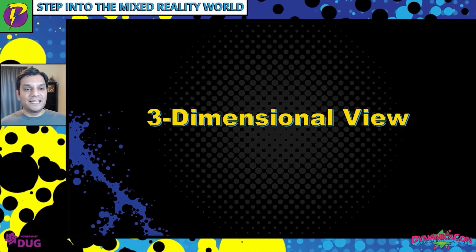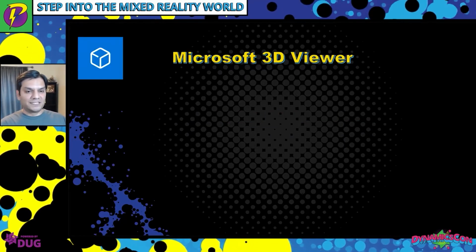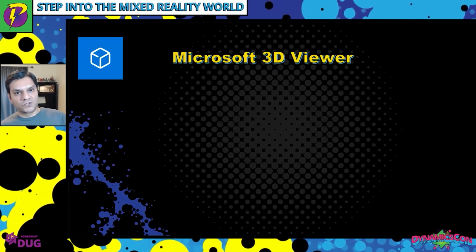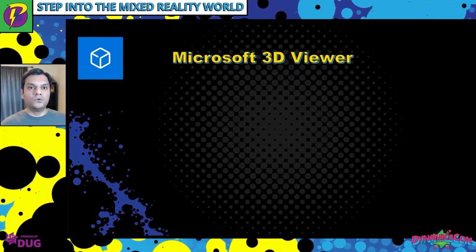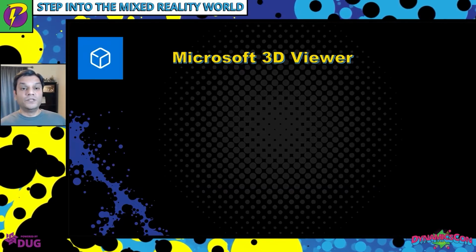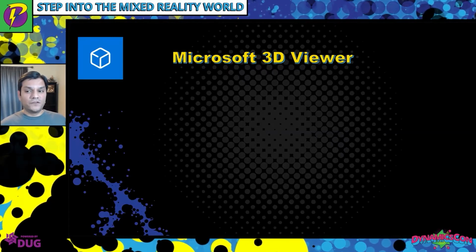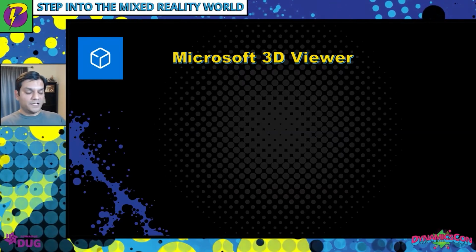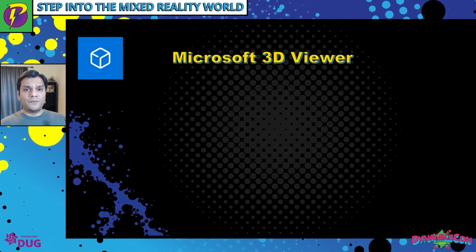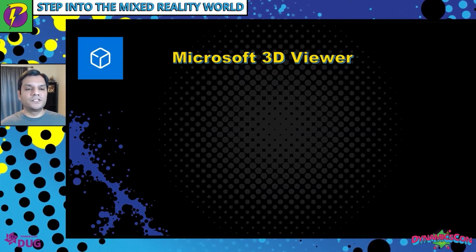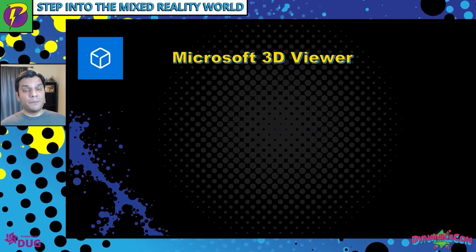Well, the best thing is that if you already have Windows 10, whether it's all your devices Windows 10, or if you're a Mac user and you've got the Windows VM running on it, you already have a tool on your operating system which gives you the flexibility. It's actually called the Microsoft 3D Viewer. If you go into your Windows 10 operating system and search for that, it'll just pop up. And it's got a ton of different options for you to get these files. They're called GLB files.